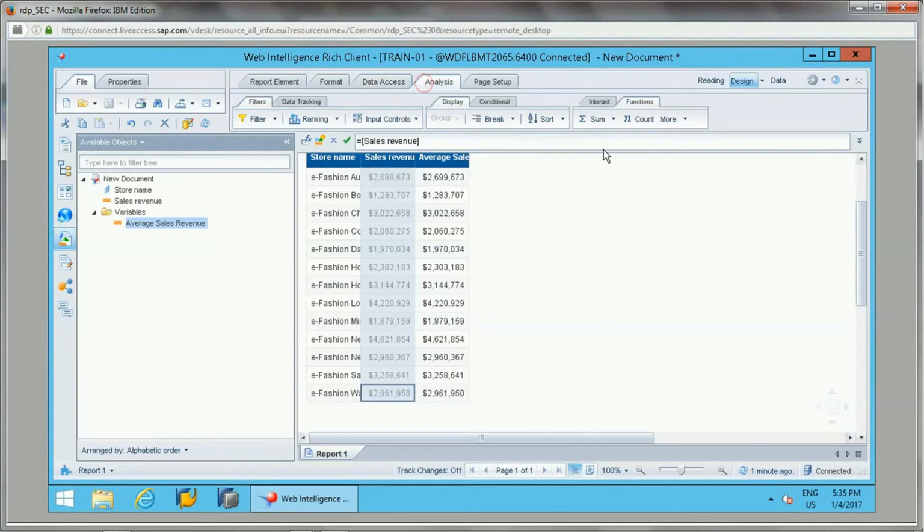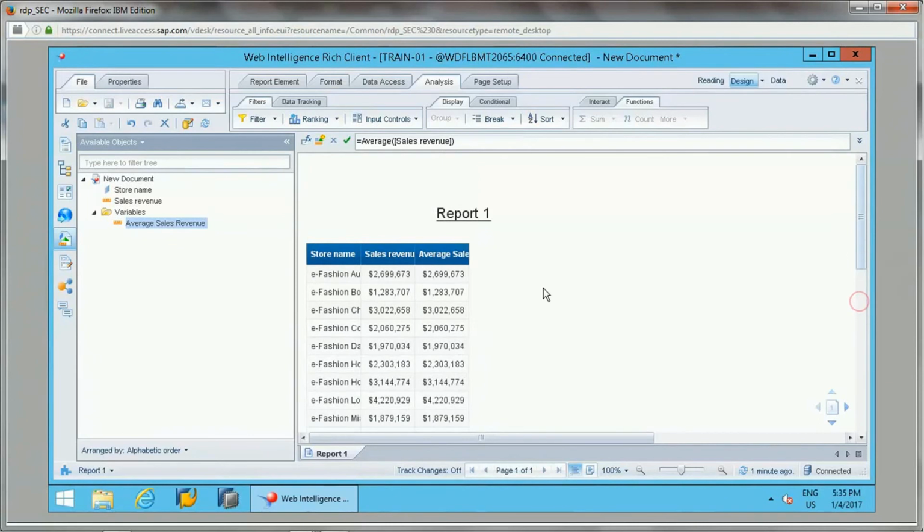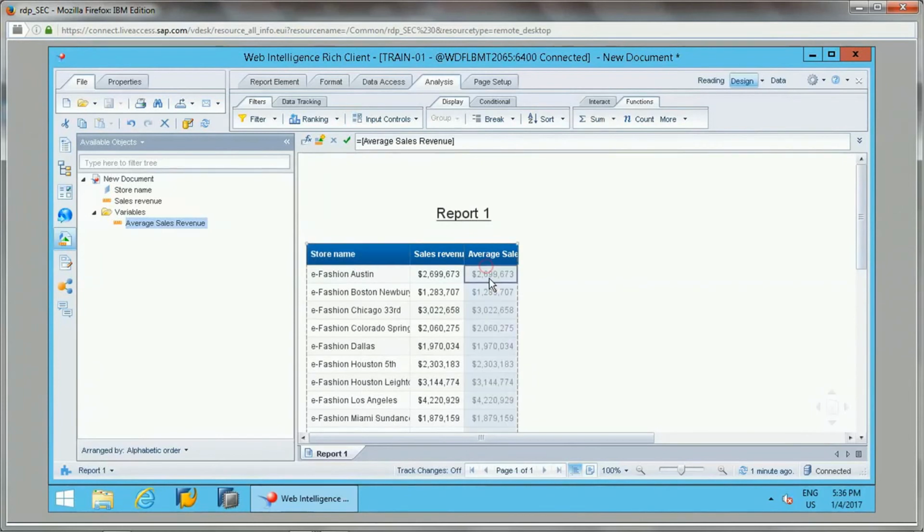Now if I want to add, let's take the sum, and I also want to add the average as well. So the average for this particular block for each product is 2799016, but it is not coming like that in this block. It is coming the same. So how can we change this?